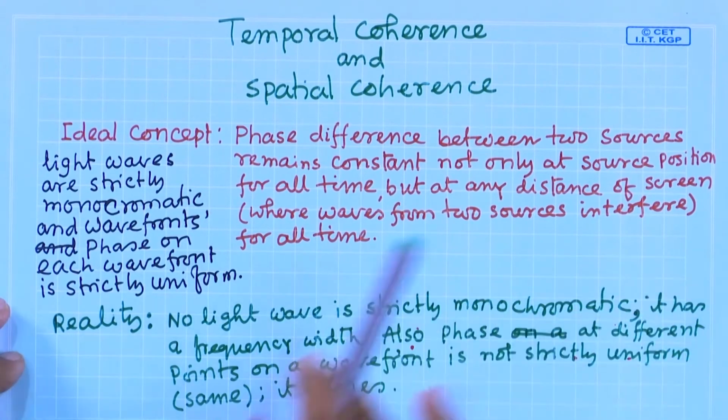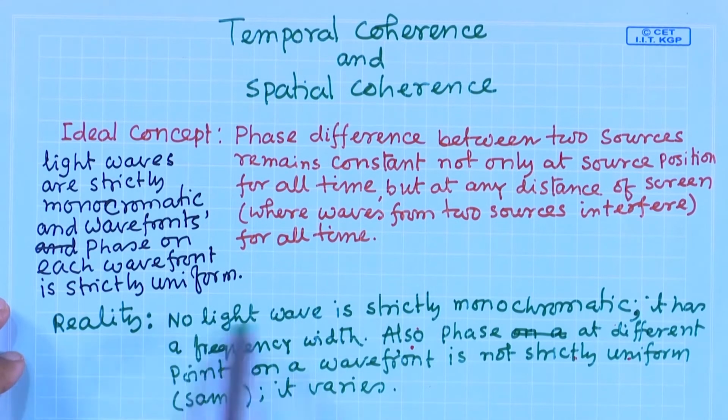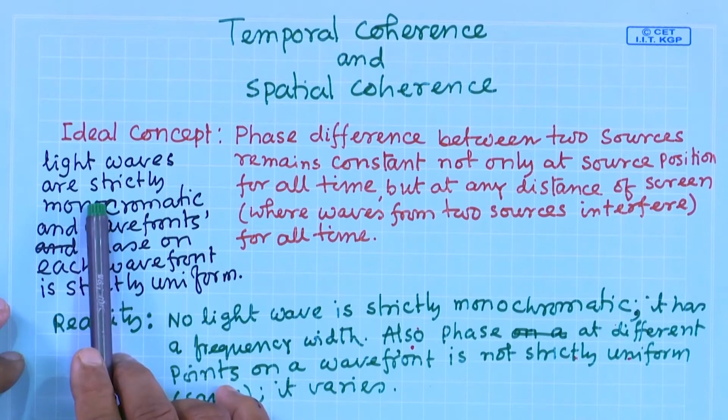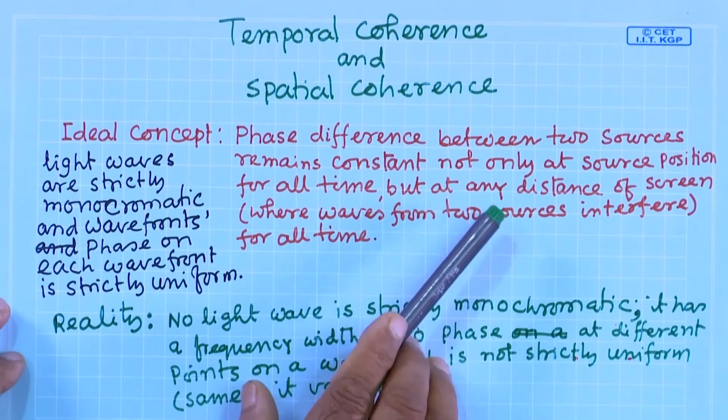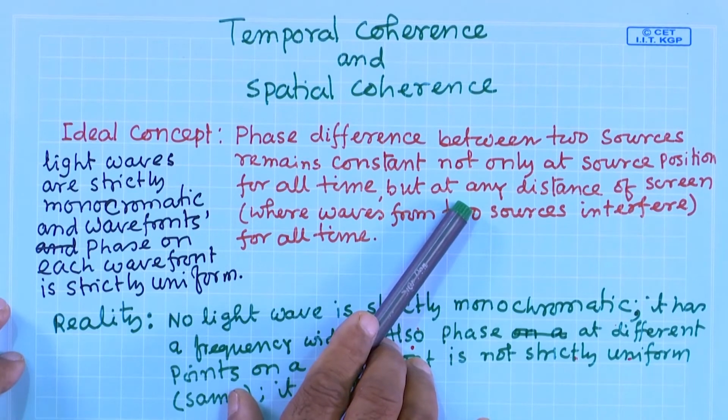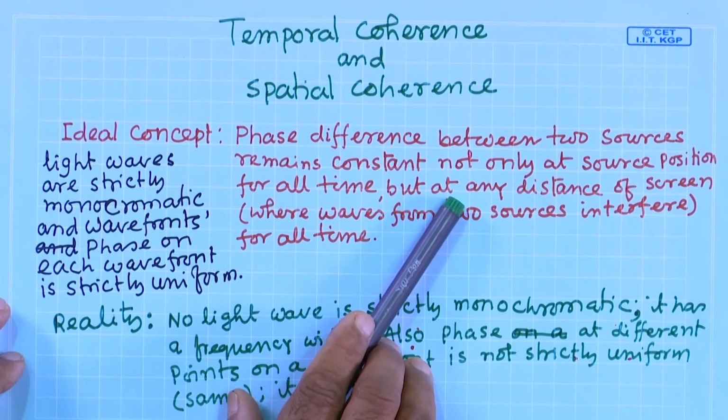So, reality is that no light... before that, let me tell you about light waves. To achieve this, the basic condition is that the light wave has to be strictly monochromatic,